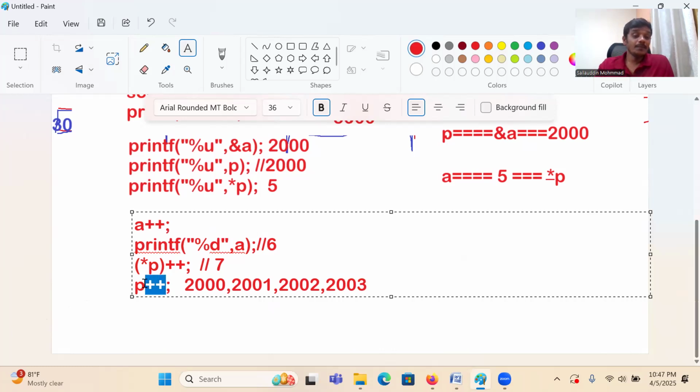It increments by one variable's memory address, the complete variable address. Means after 2000, if you reach 2001, again it is A itself. If you reach 2002, again it is A itself. If you reach 2003, again it is A itself. Where can you find a new variable? After 2003. So p plus plus